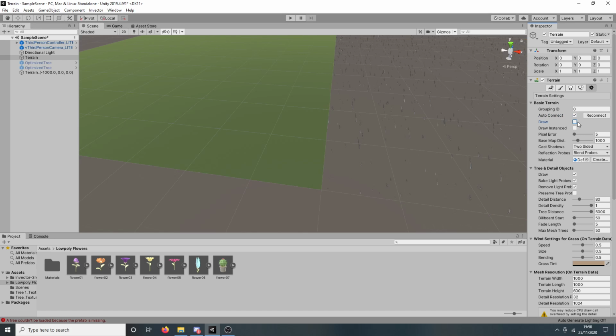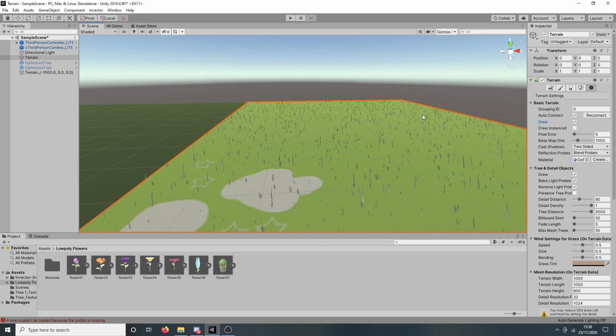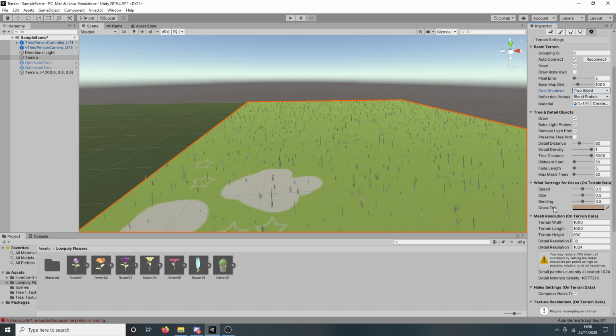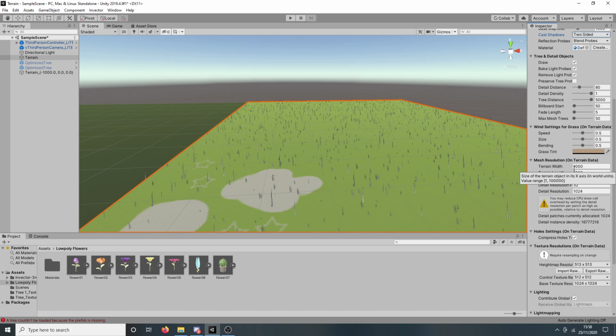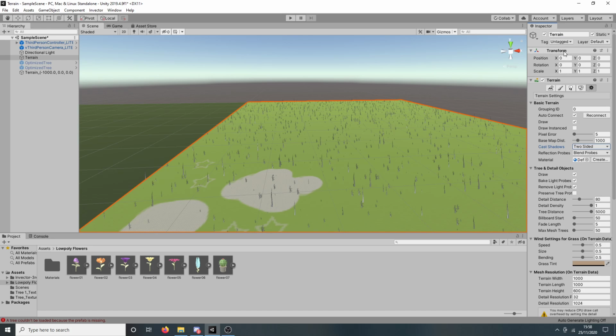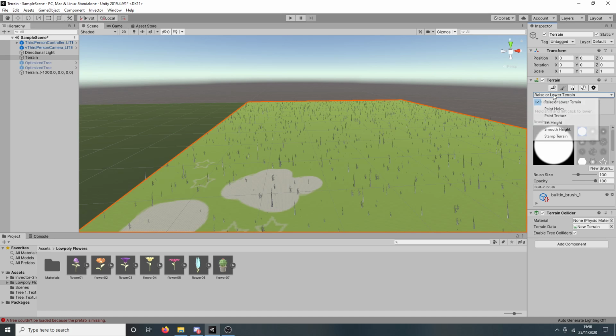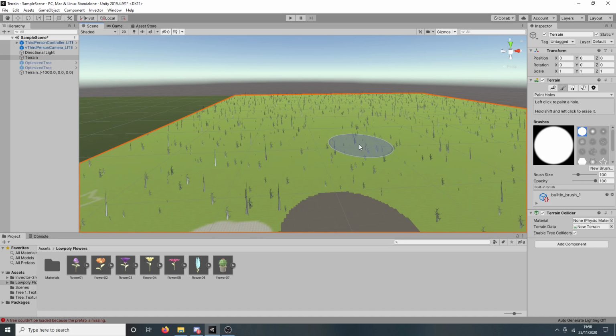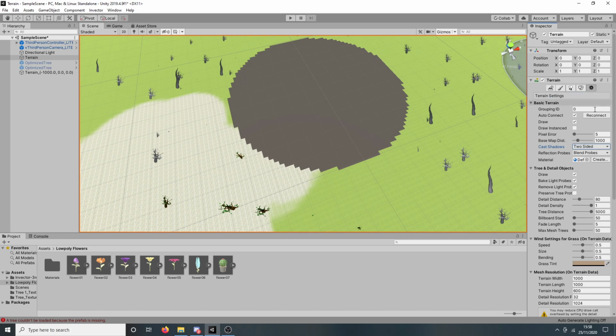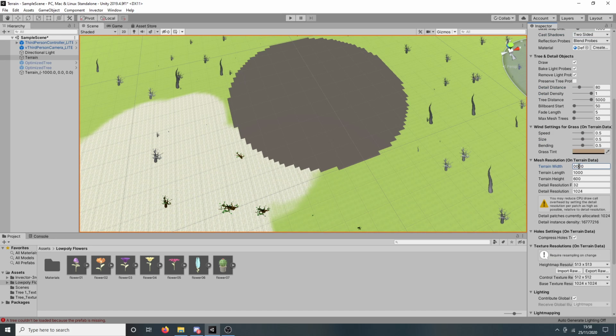So draw obviously would make it leaves or not. Most of these are pretty safe to be left the same, but the one that you might be interested in is this. If we go back to here and then paint out the whole, like there for example, it's currently got a bunch of squares, which is not the best looking, so you can increase this